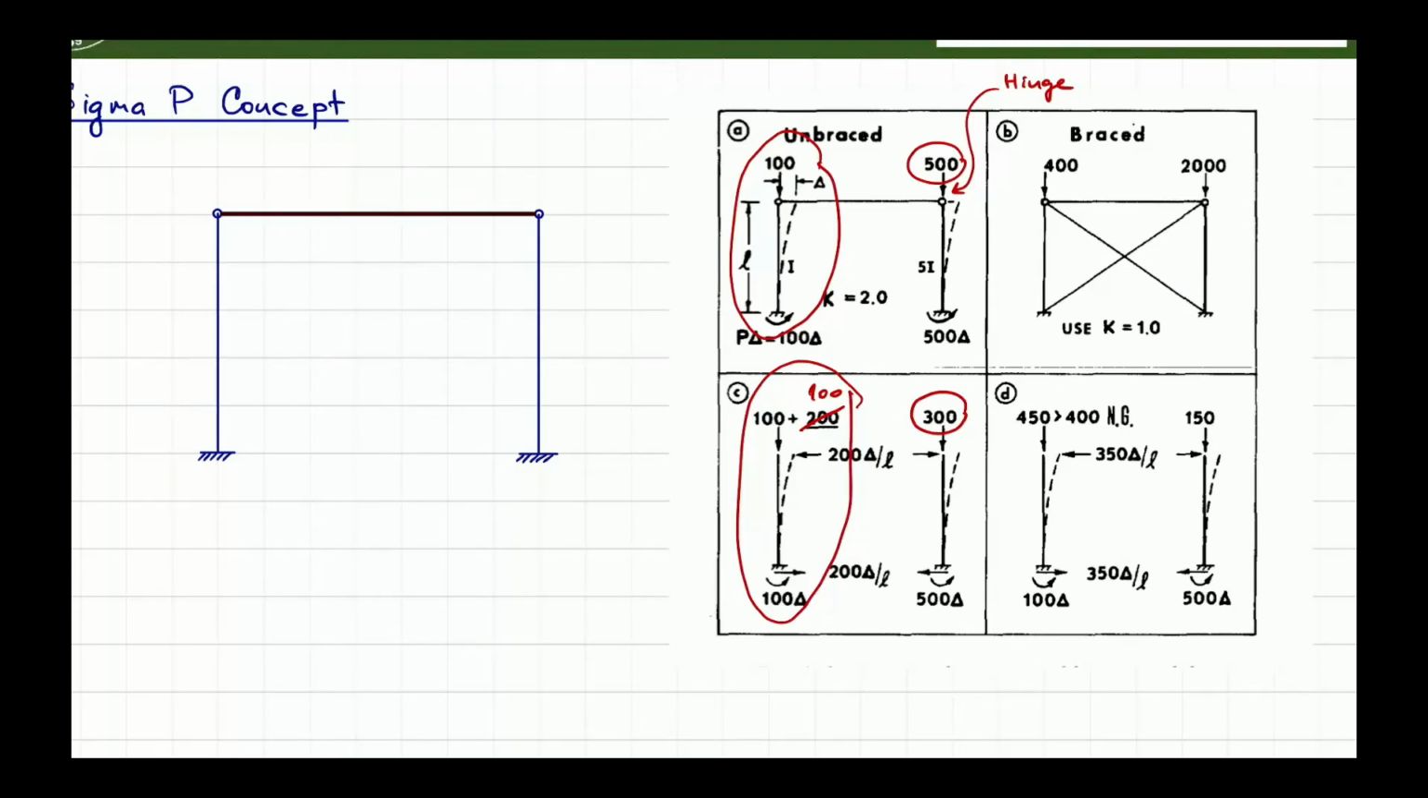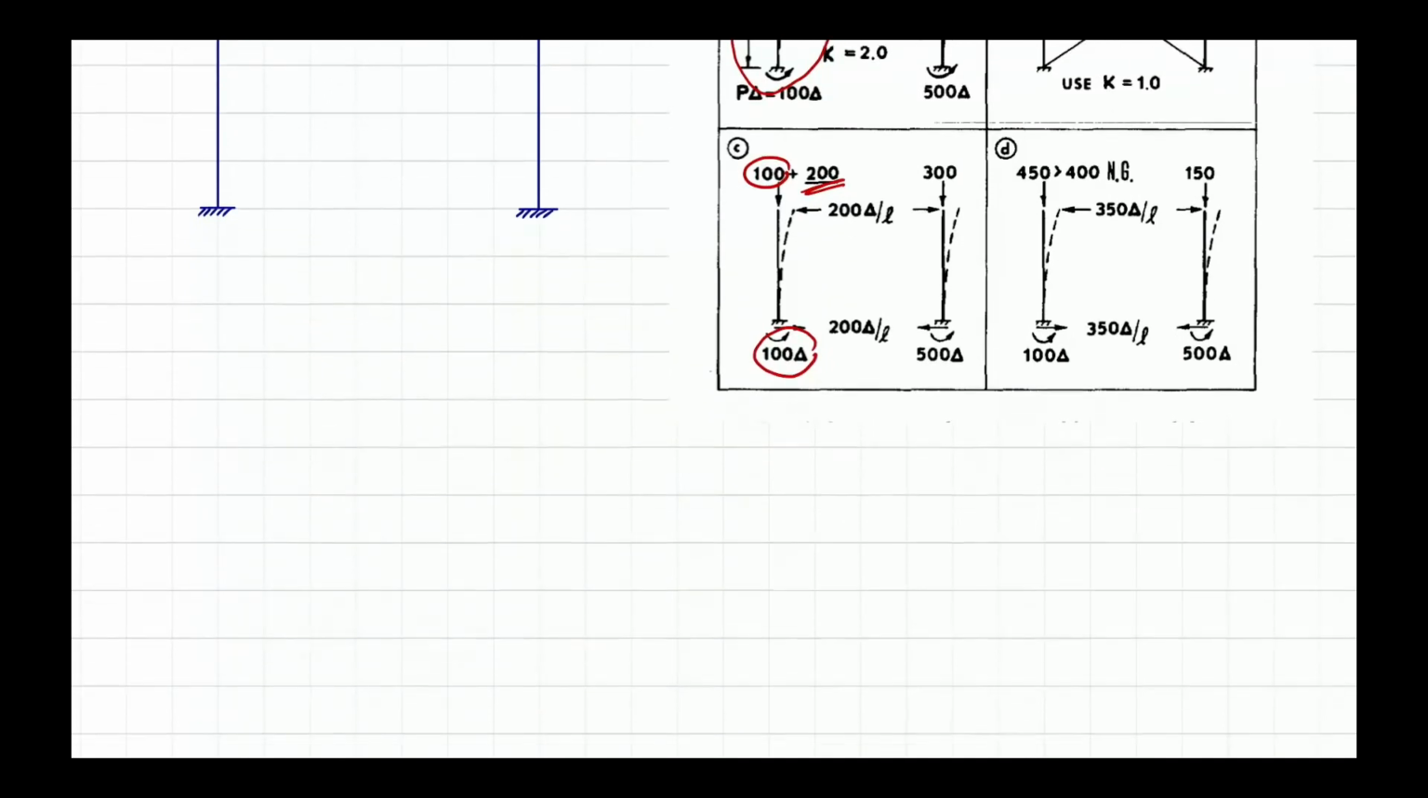So this is the establishment of the sigma P concept. The point is that you are eligible to apply up to an additional 200 on the left column. Why? Once the left column is loaded to 100, this is the maximum moment resistance produced by the left column, and you will have an additional moment which is caused by the 200. So the 200, if we draw the picture,